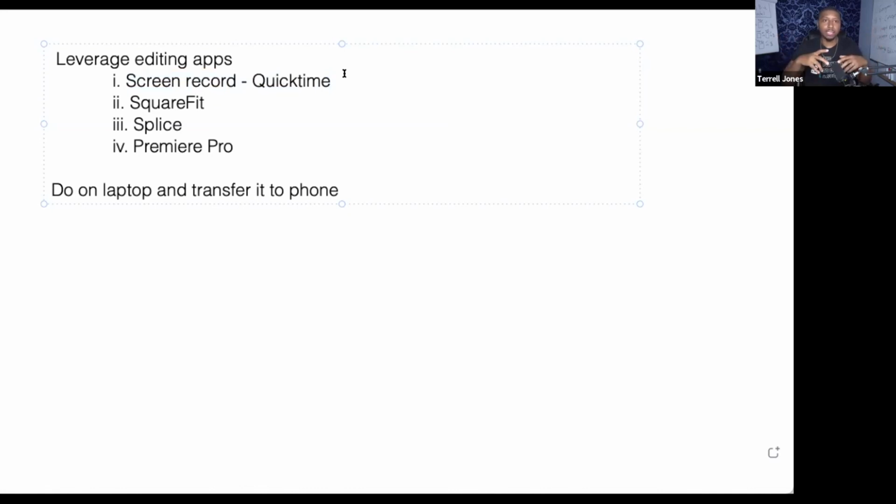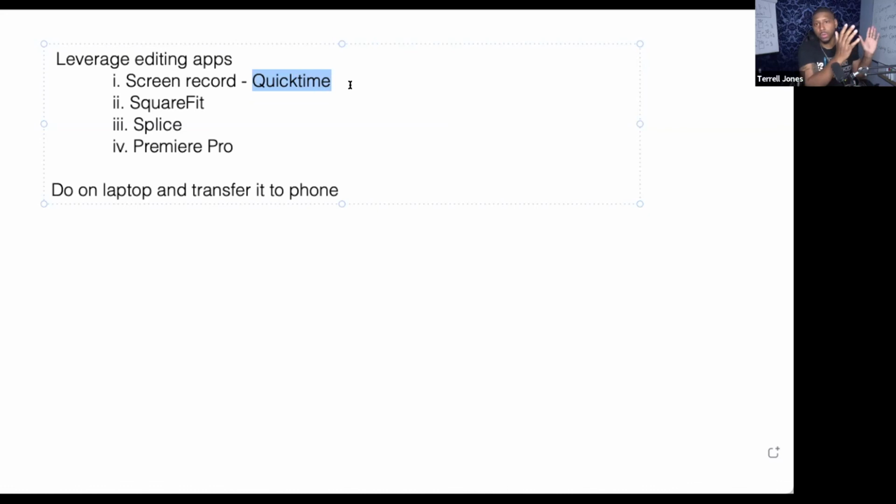So what I'll do is, instead of editing the whole thing and creating more space on my laptop, I actually use QuickTime on my laptop, especially for Mac users. If you have a PC, there are editing apps you can use. I don't know if there's one that's built in, but there are apps you can easily look up and use. The whole thing is you want screen record. So I use screen record and I start at minute 17.